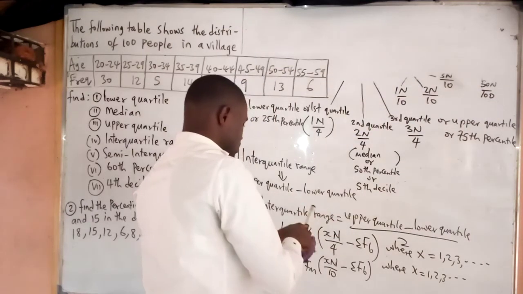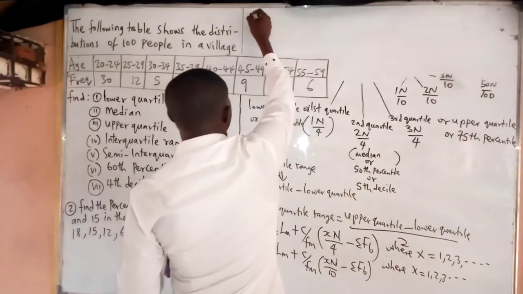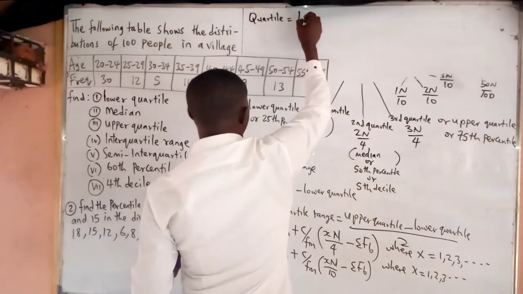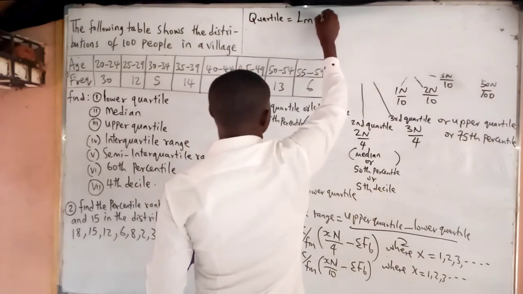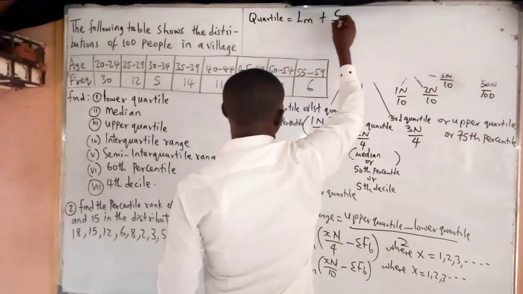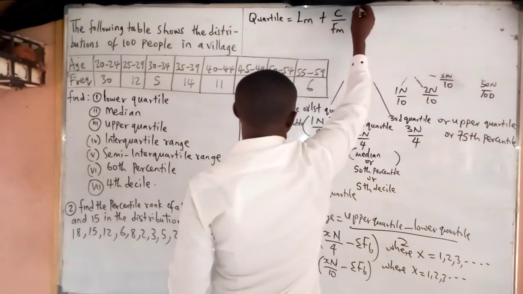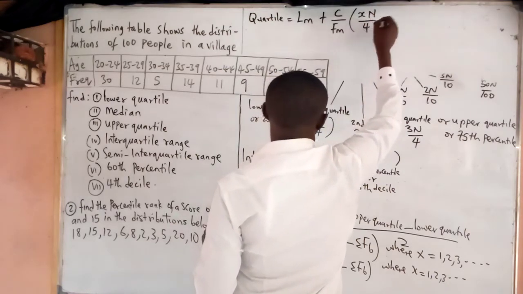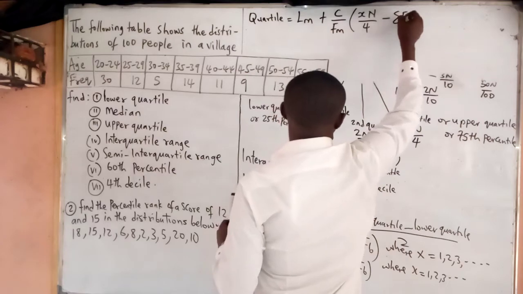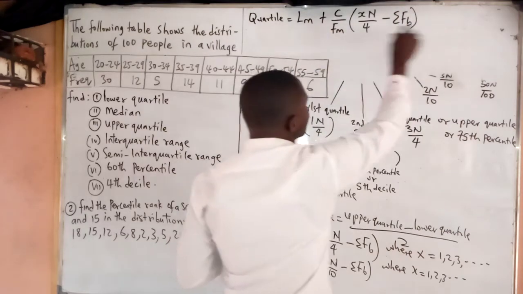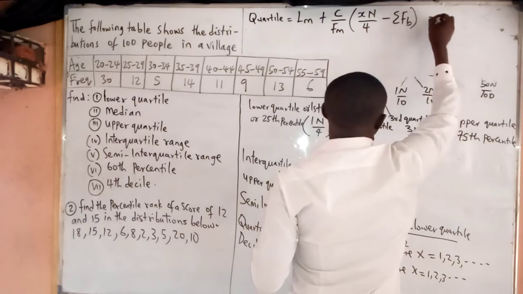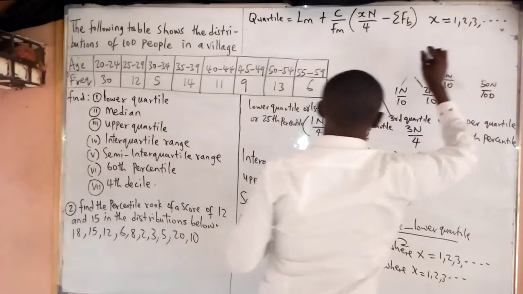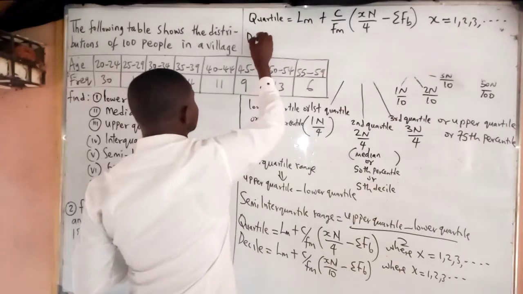We say that quartile is equal to the lower class boundary of the quartile class plus class width all over the frequency of the quartile class, bracket xN over 4 minus the summation of frequency before the quartile class, where x ranges from 1 to 3. Then for the decile class,